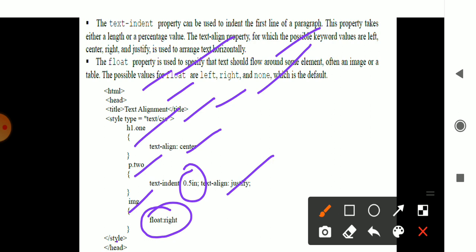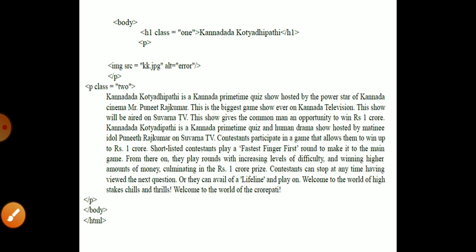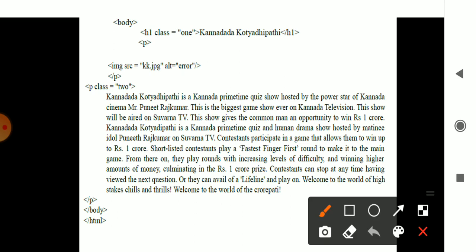Then style close, head close, and in the body part the class H1 has the text Kannada Kotyadipati, that is Kaun Banega Crorepati. The paragraph is closed here, and the image is considered there, any image which is in the system, kk.jpg or any actor's image.